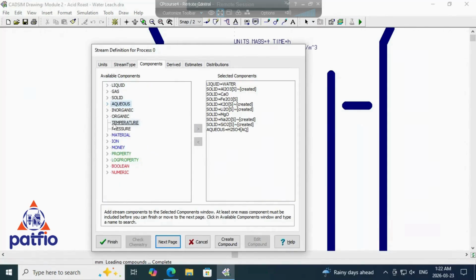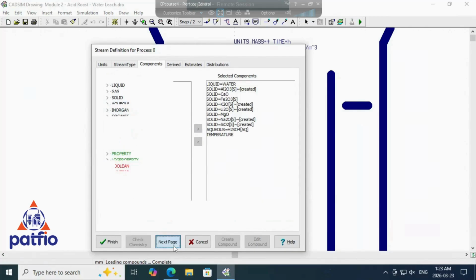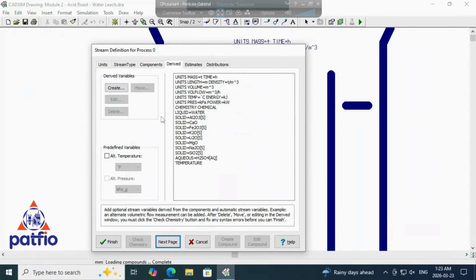Now the next thing we need is the temperature. So I'm going to select temperature. Right. So for now, we are set to run our first simulation. So I'm going to click next. Right. Then we have derived